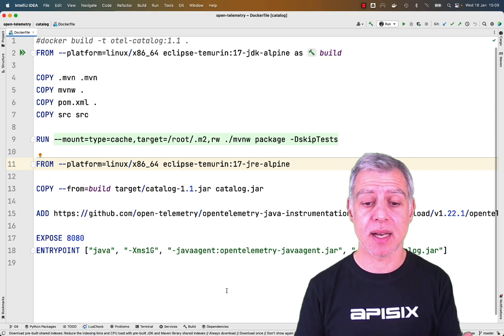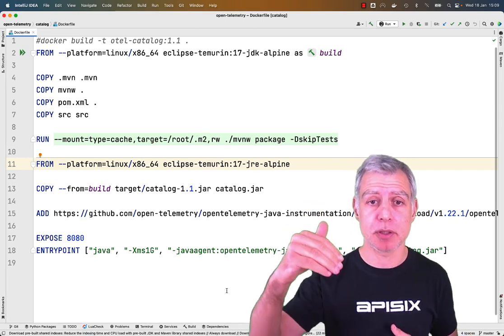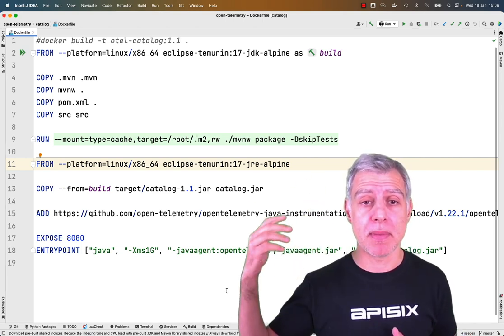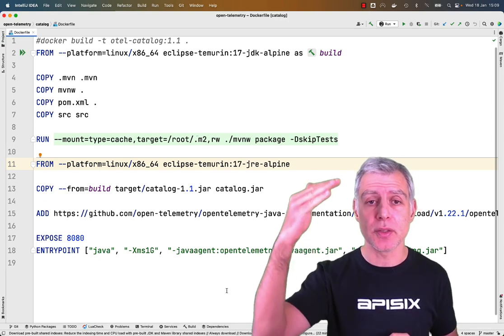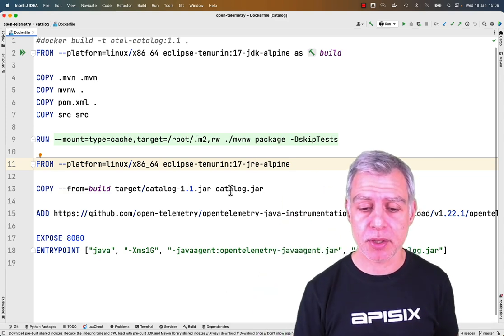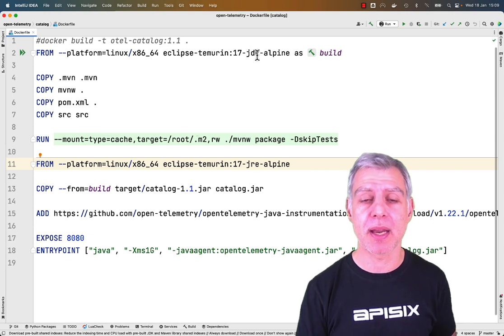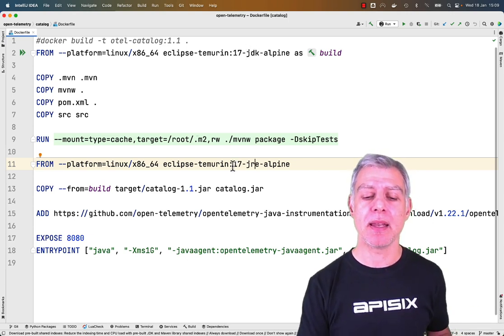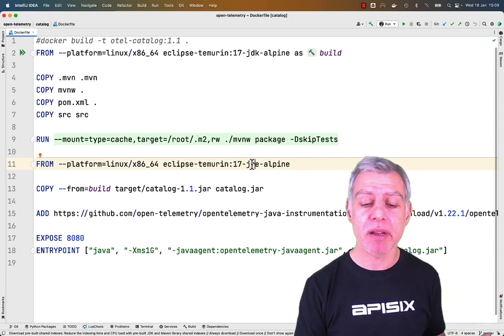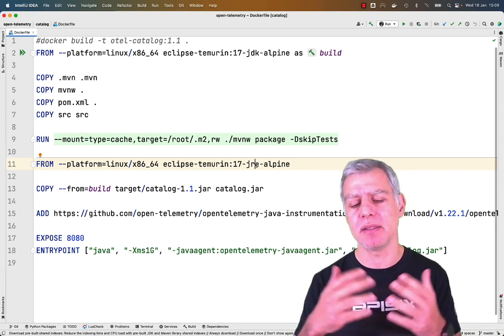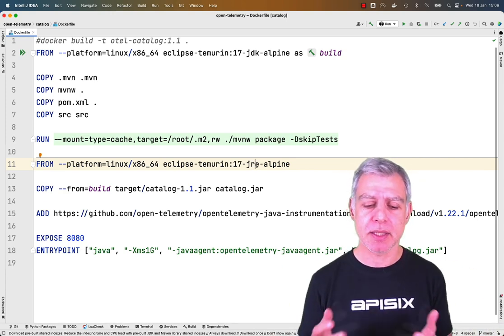So here, this is how it works. Here is my Dockerfile to build my Docker container. This is a multi-stage Dockerfile. First, I will compile everything with a JDK, and afterwards I will run it with a JRE, because I don't need a JDK, and it's actually bigger and less secure.